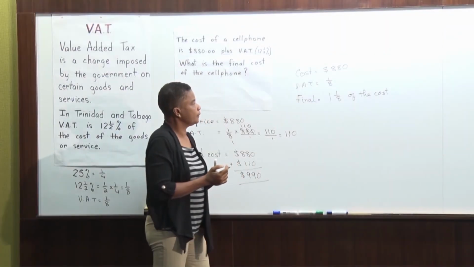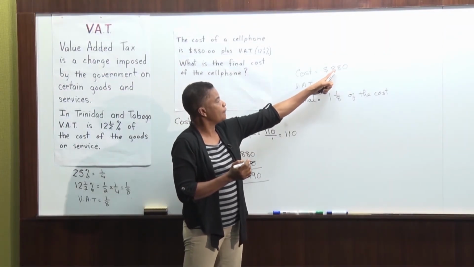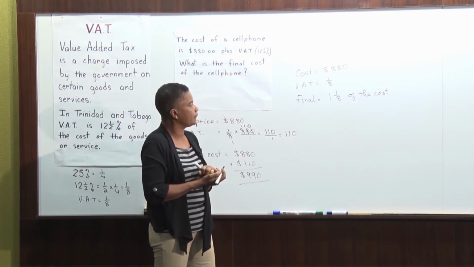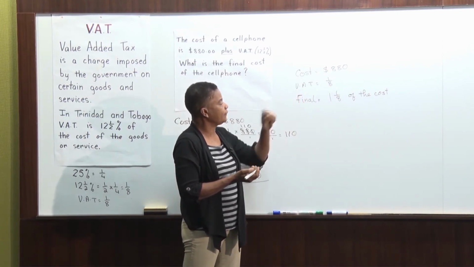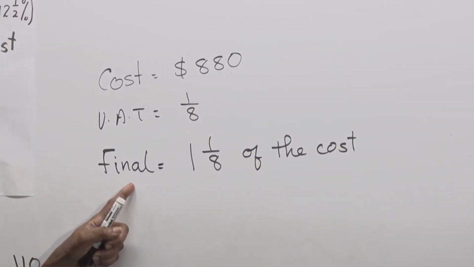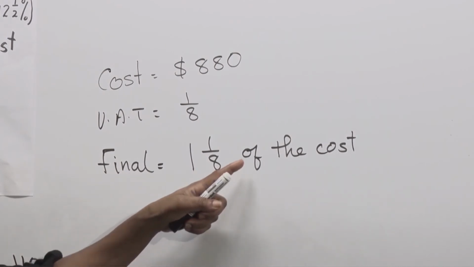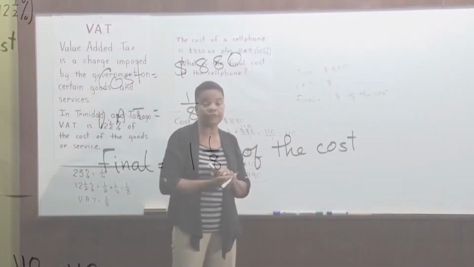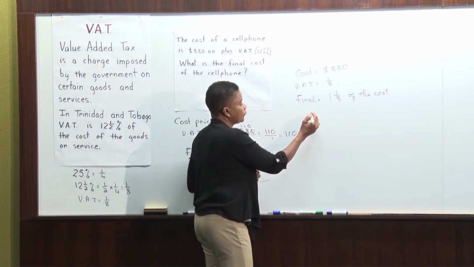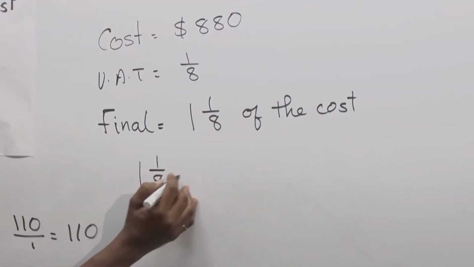Let's do that over. If the cost of the cell phone is $880 and we are adding 1/8 to it, then the final cost will be 1 1/8 the cost of the cell phone. Not so? Let's work that out. 1 1/8 of